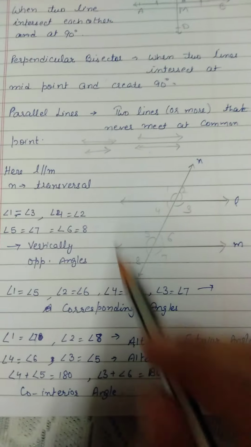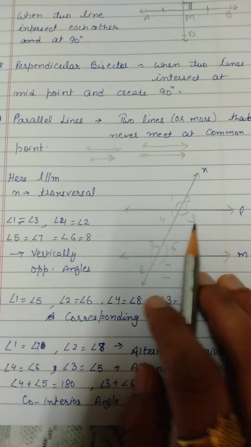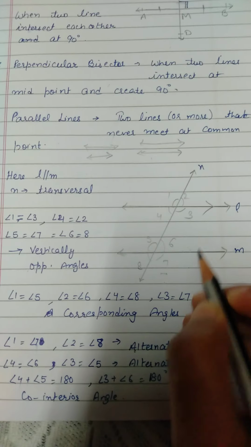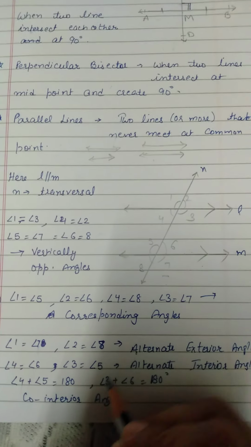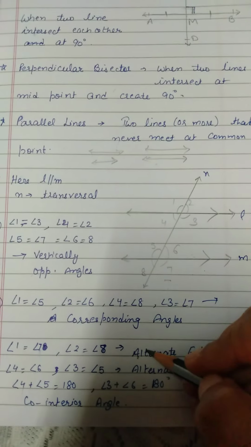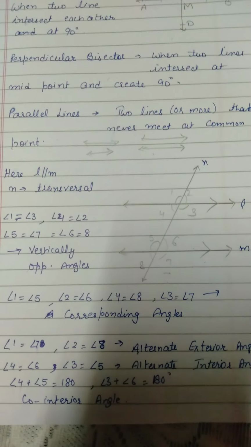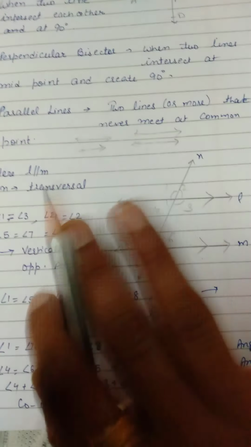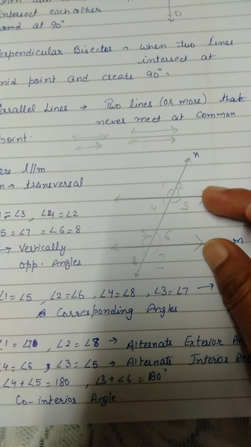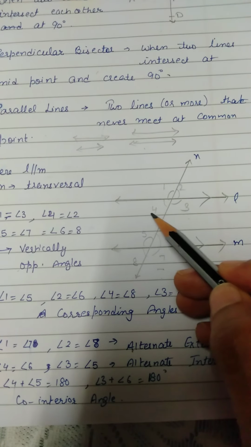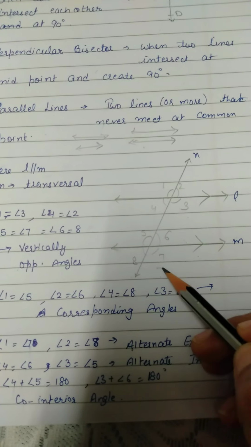Find here some more angles. So L and M are parallel and this is the symbol for parallel. This is called a transversal. It means it intersects L and M at various points. So we get these angles. Now here are lots of angles. If two lines are parallel, then 1 is equal to 3, 2 is equal to 4, 5 is equal to 7, 6 is equal to 8, because these are all vertically opposite angles.